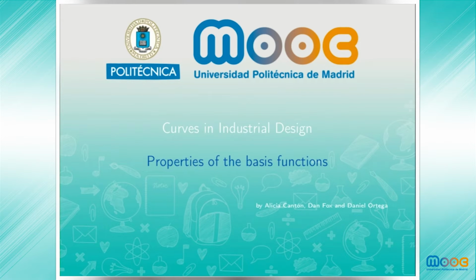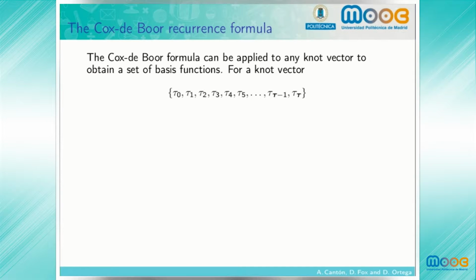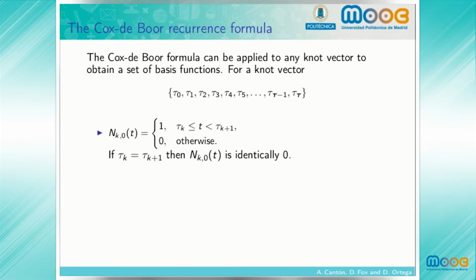Curves in industrial design. Properties of the basis functions. The Cox-de Boer formula can be applied to any knot vector to obtain a set of basis functions. Consider the knot vector tau sub 0 to tau sub t. The order 0 basis functions are equal to 1 for t running between two consecutive knots, and 0 outside this